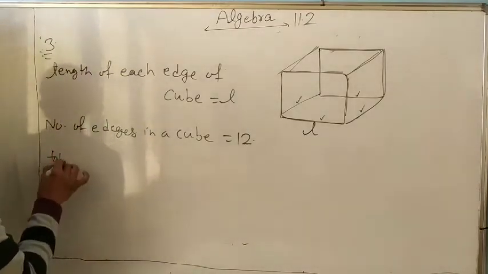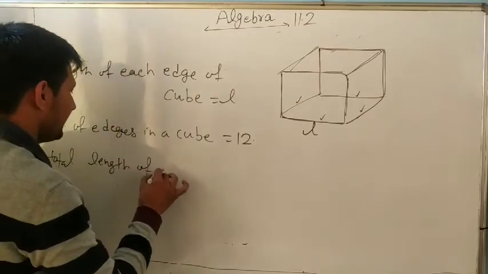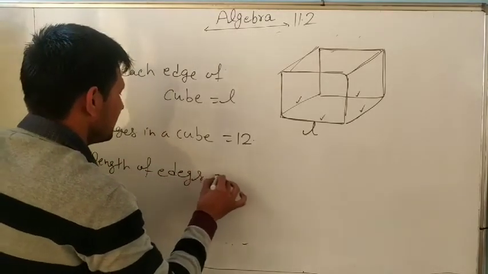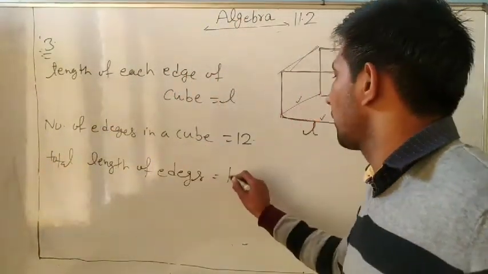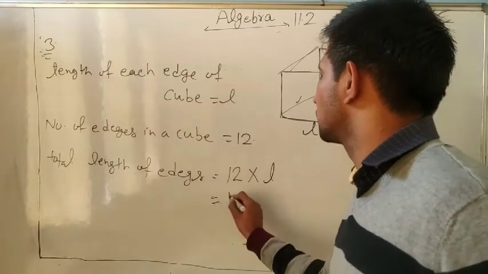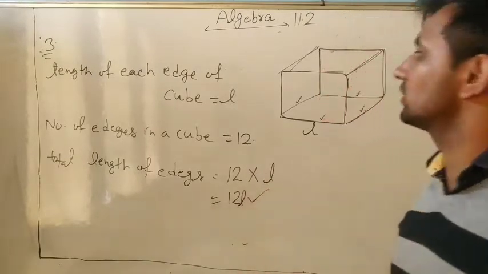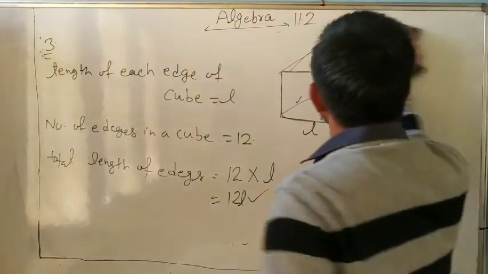Total length. So total length of edges, how will you find? Length of one edge is L. So total 12 into L, 12 into how many edges total L? So 12 into L. So what is the total length of edges? 12L. Understand it? Next is